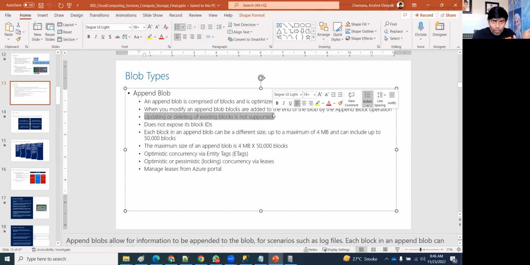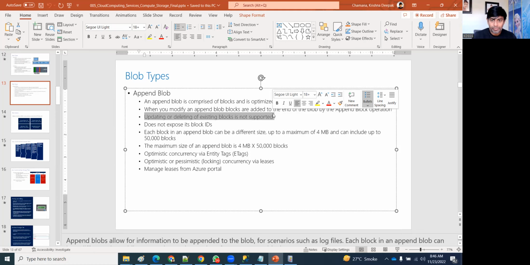For example, if I'm uploading a video, you can upload it as an Append Blob, but whatever you uploaded, you can't modify it and you can't delete it. The content you can't delete. The file I can delete. But whatever content you have kept in the block, you can't touch it. You can't modify it, nor delete it. The file you can delete.